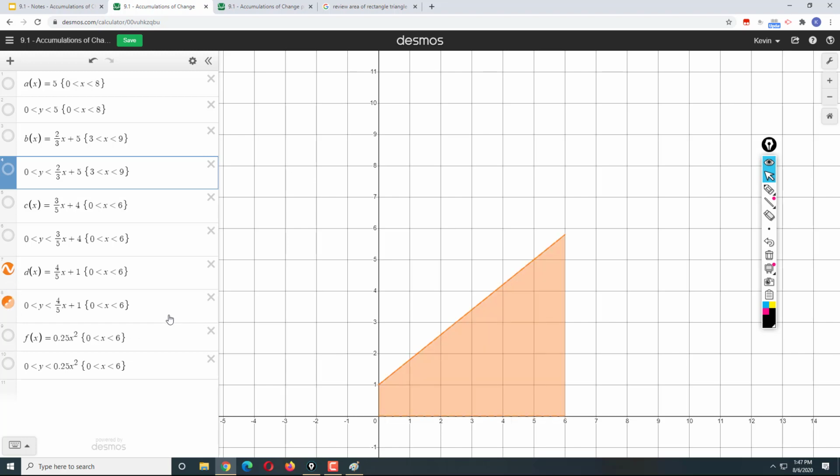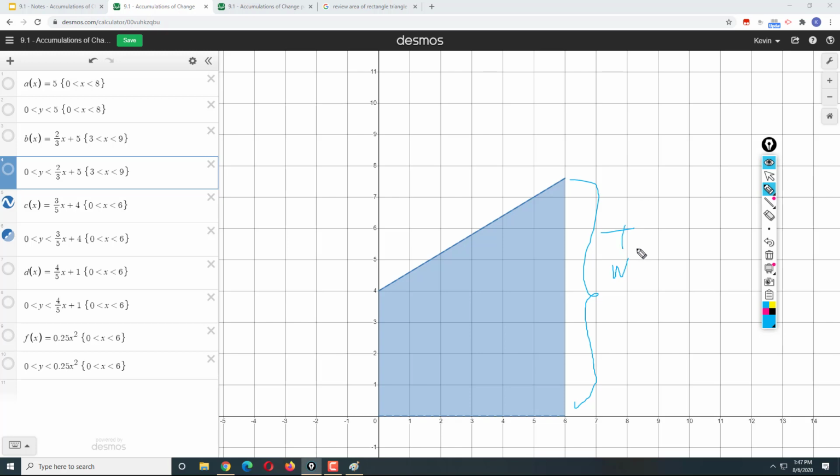So the area is the amount of water that has gone out. Putting them together, the blue area is the accumulation, the total water flowing in,